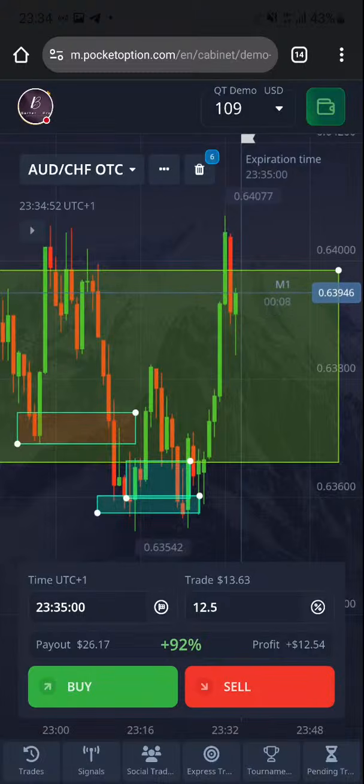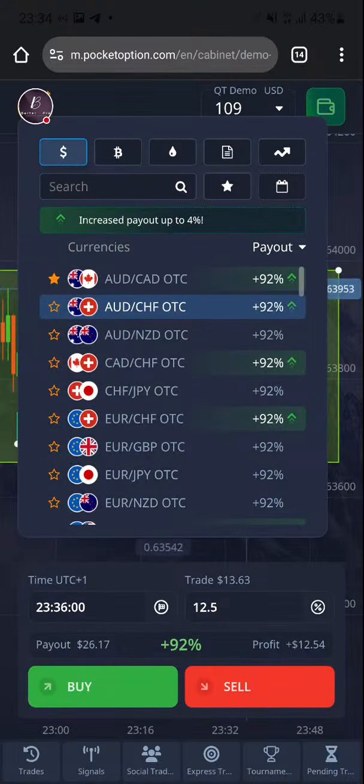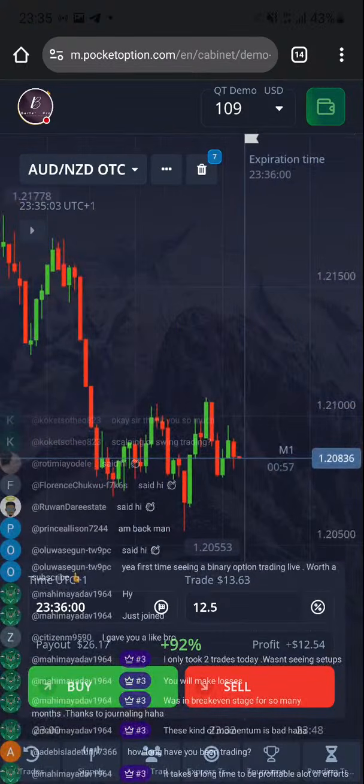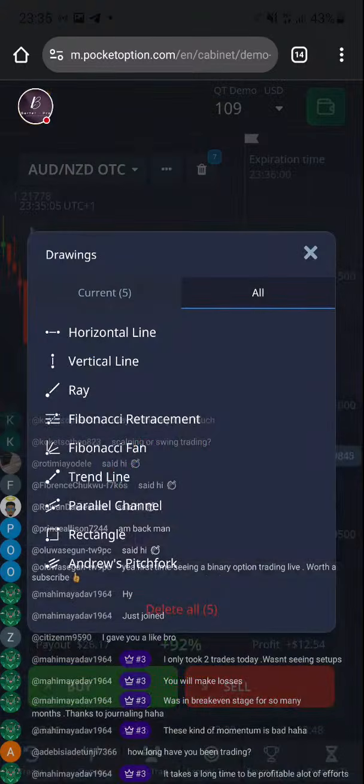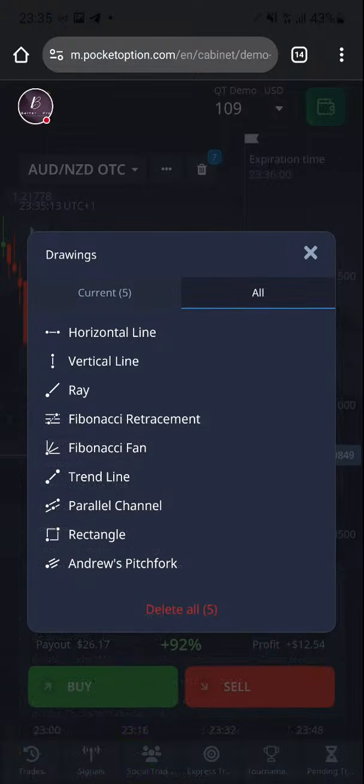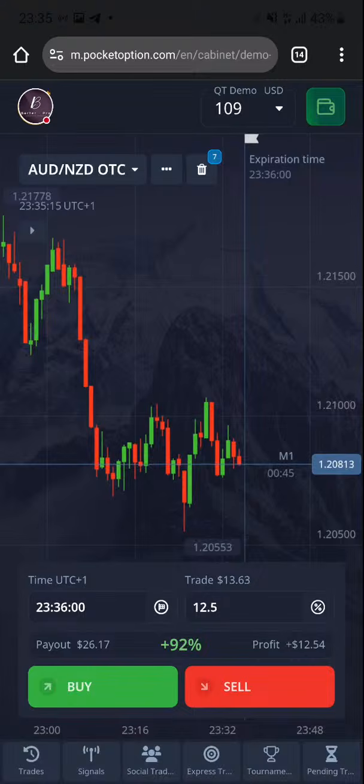You cannot take a day off. You have to go at it very hard and be ready to learn. That's the only way you can win, actually. Trust me. Or you can be a better trader. It takes a long time to become profitable, a lot of effort. Yes, a lot of effort is needed if you are the only one doing it on your own. For example, if you don't have a mentor, it's going to take a lot of effort, definitely.